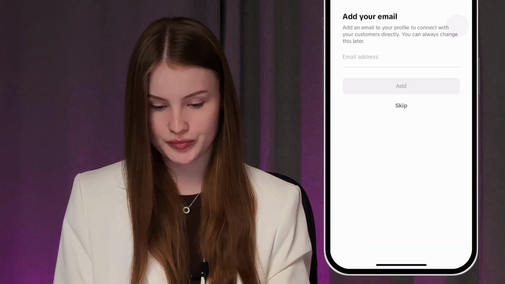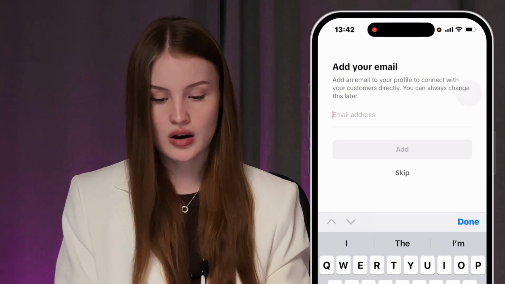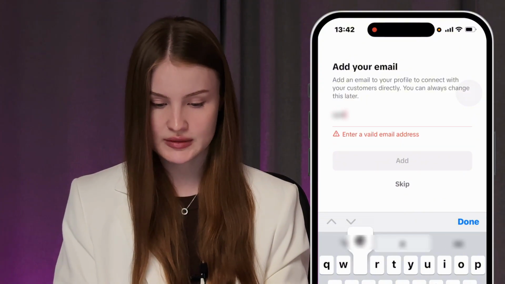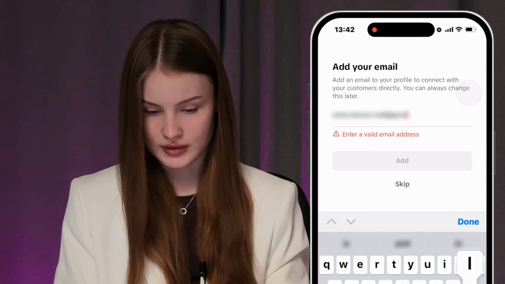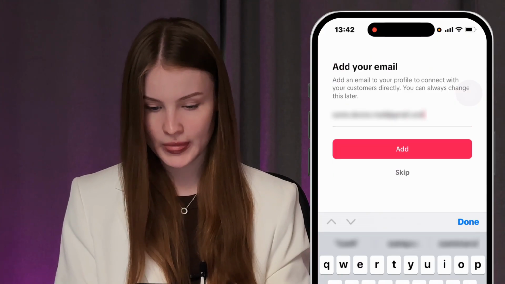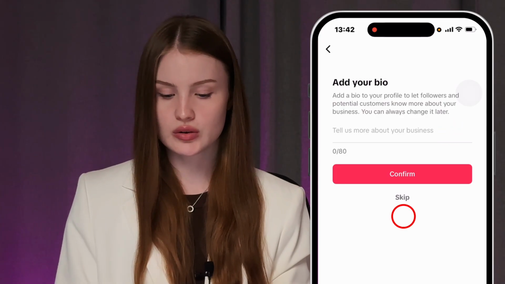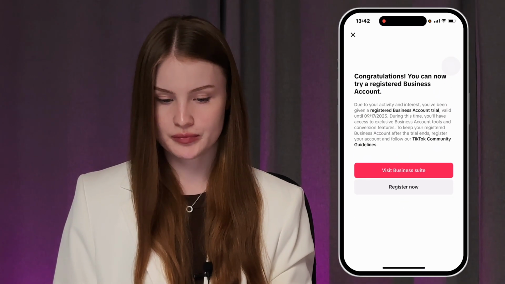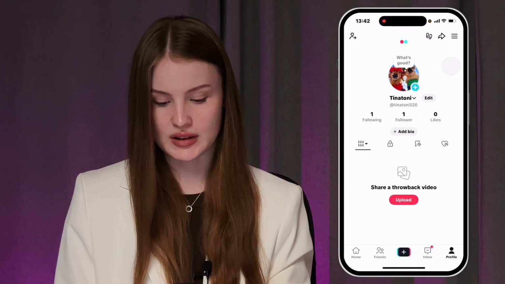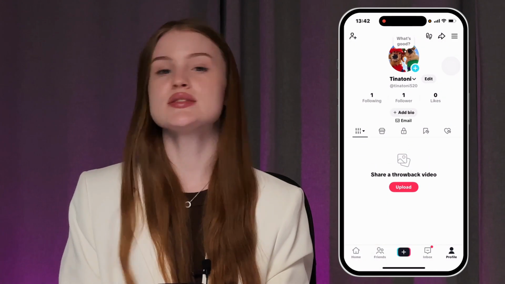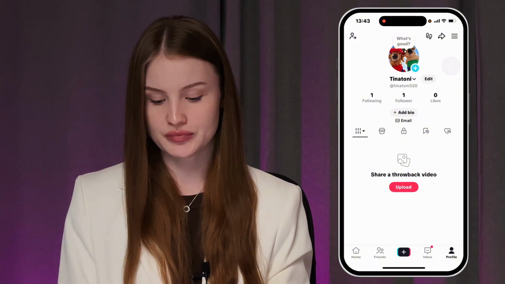I'm gonna tap next. And then you need to add your email. Also, you can skip this step, but I'm gonna just add it. Like that. And let's click add. If you want to, you can add bio or you can skip this step. Now, let's tap the cross, go back. Let's refresh the page. And to confirm that you have switched to the business TikTok account, you just need to